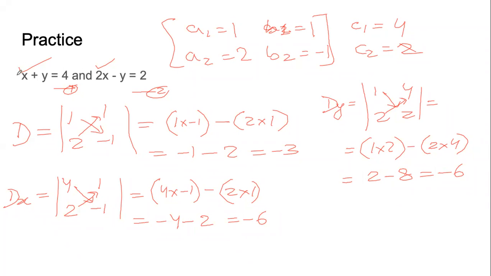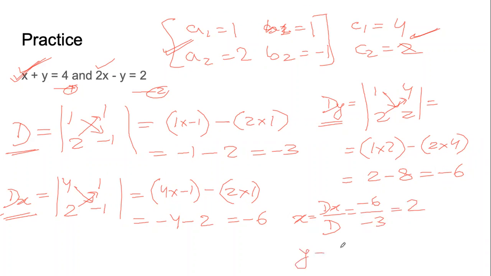So in the first step, we checked that the equations are in the form ax plus by equals to c. Once they are in that form, we understood what the coefficients and constants are. Using the correct coefficients and constants, we found the value of the determinants dx, d, and dy. Final step is to find x and y. Remember, x we can find by dividing dx by d. Value of dx is minus 6. Value of d is minus 3. So this comes to 2.